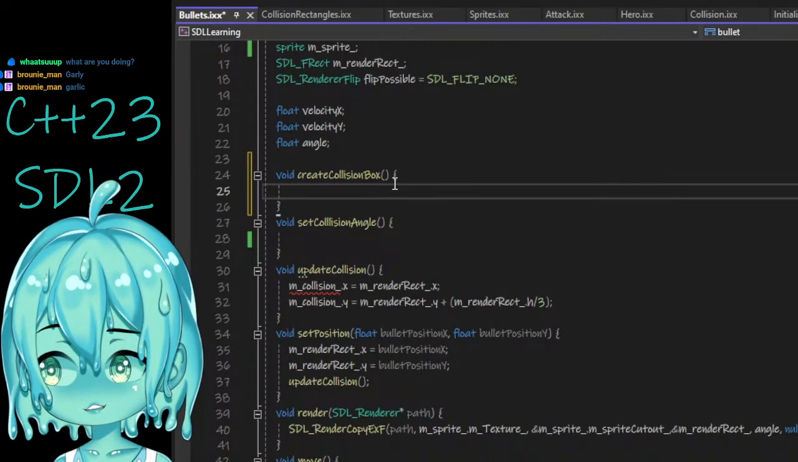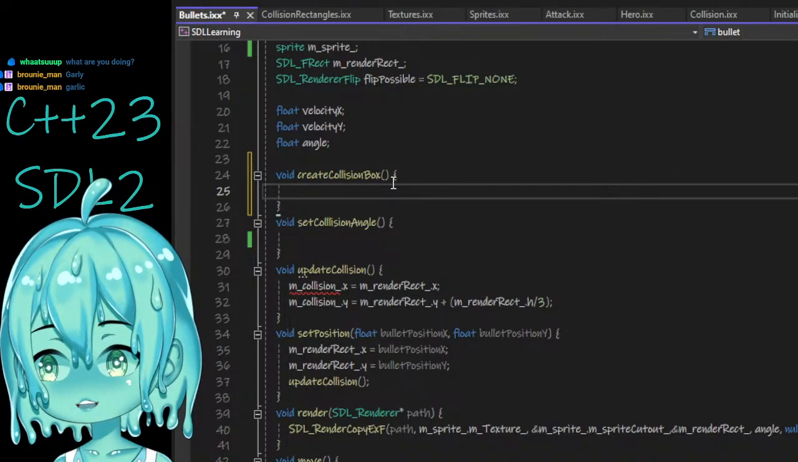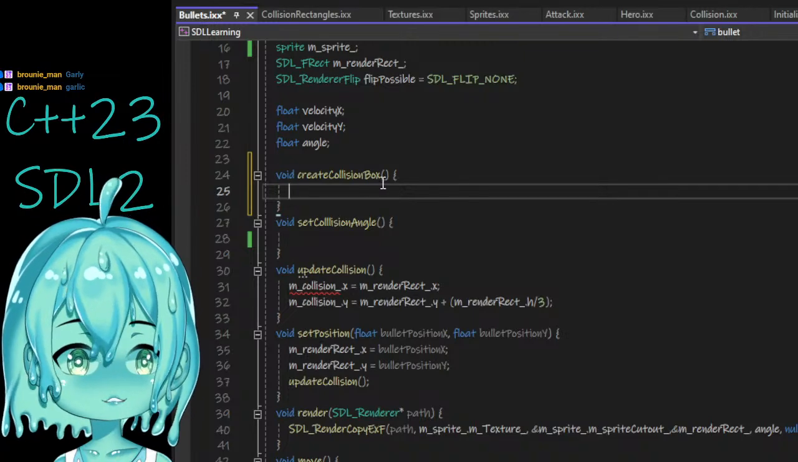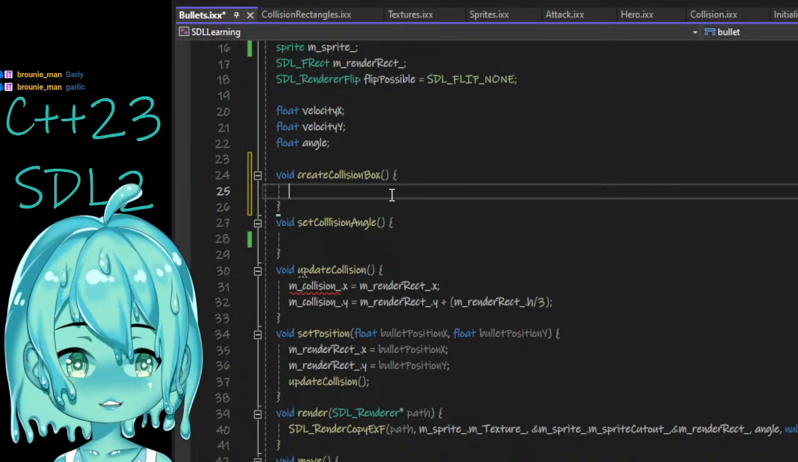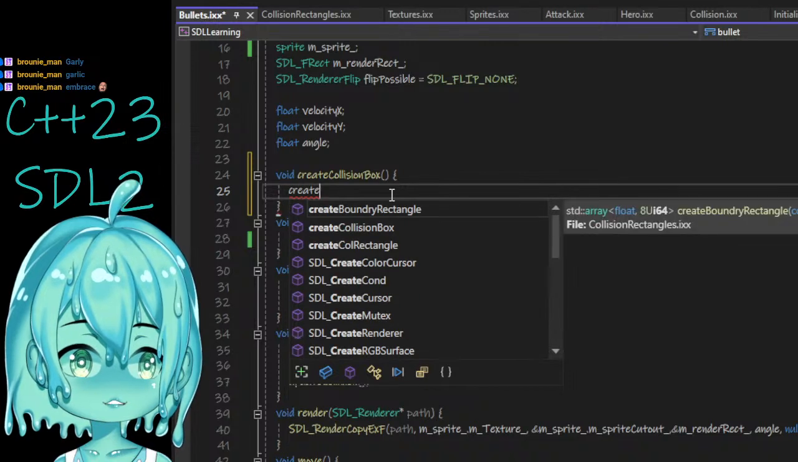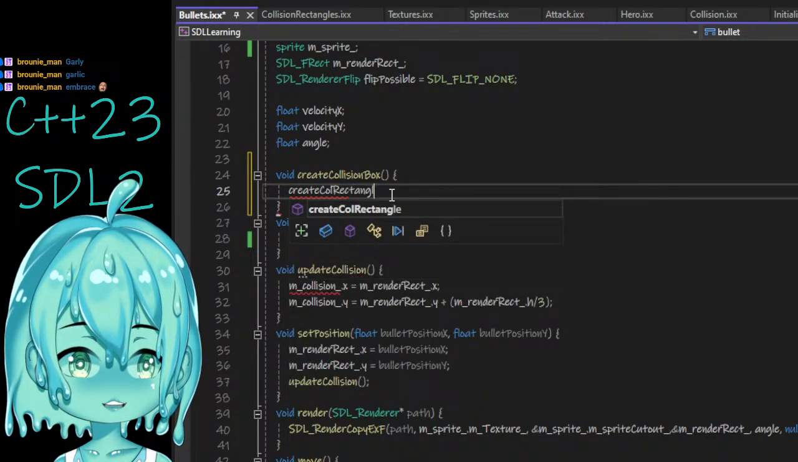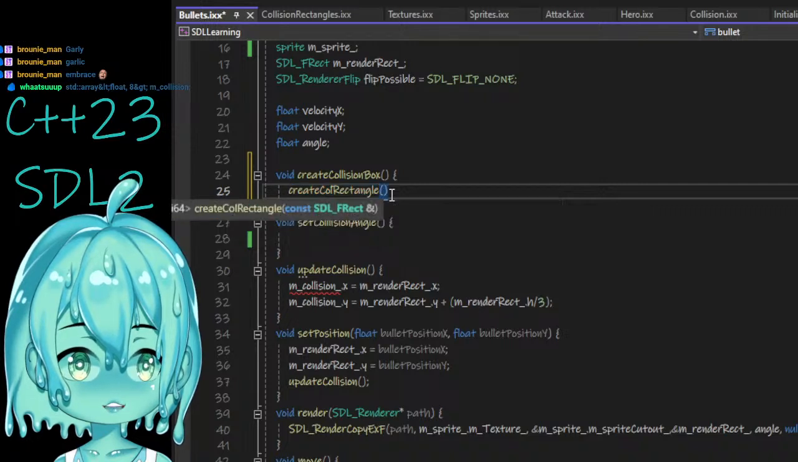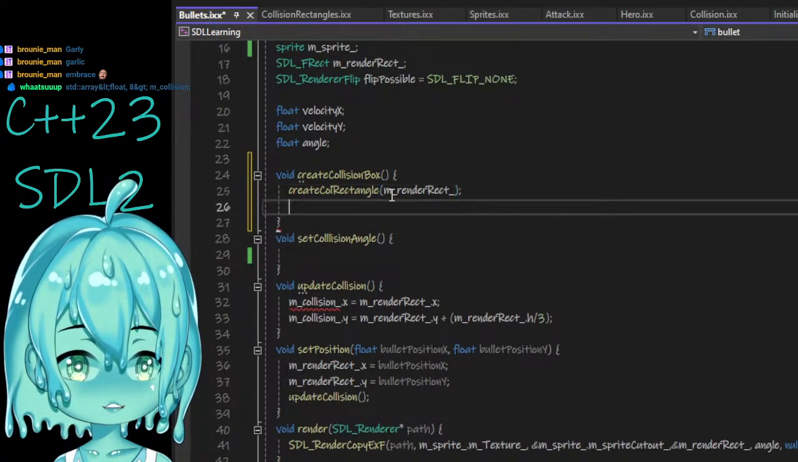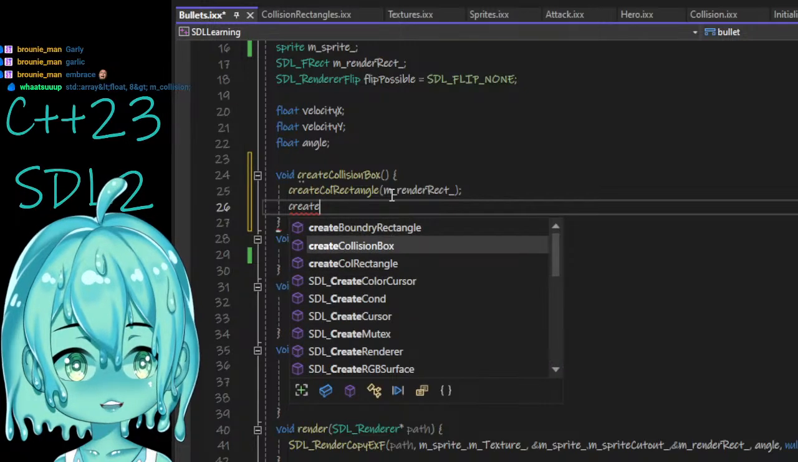Do collision first, then culling later? No. We're not doing culling at all today. Culling is complicated, okay? Hello. All we're doing is creating rectangles. That's all we're doing right now. So we're going to call create collision rectangle with the parameters of m render rect semicolon. Then we're going to create a boundary rectangle